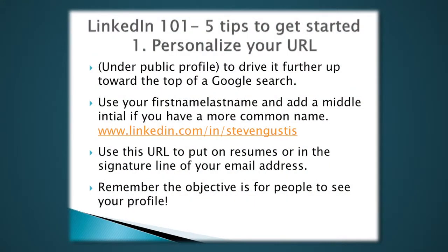So here's where we start our top 5 steps. By the way, I will save time for questions at the end. So if you have some questions as we go through here, feel free to raise your hand, or if it's a question that can be saved for later, I'll ask you to hold on to that till the end of the presentation. So the first thing you want to do is under public profile,